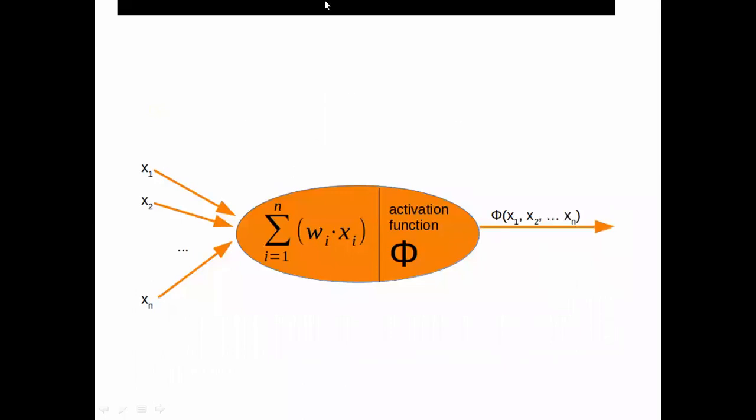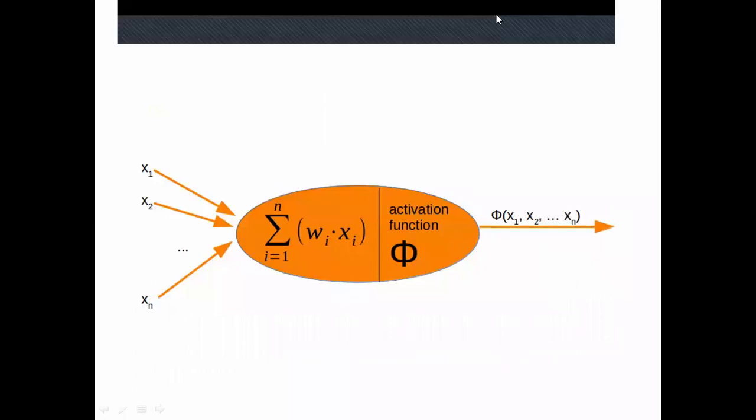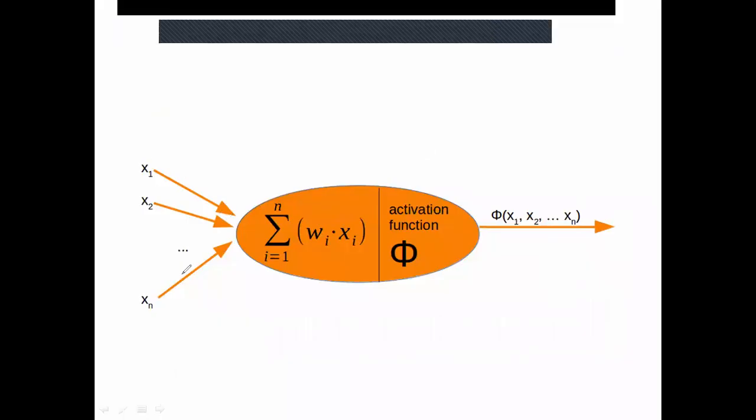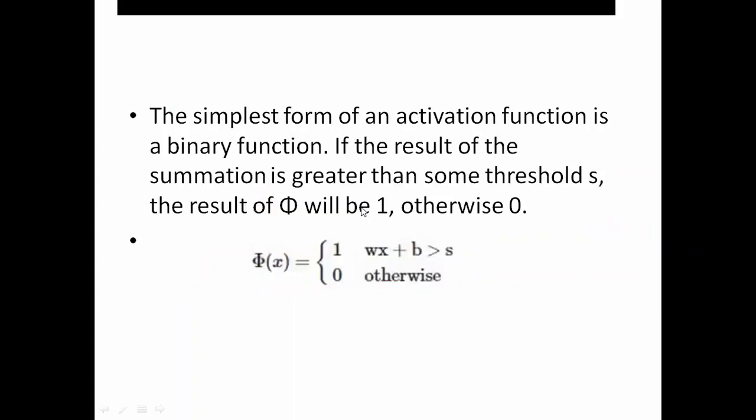Here is the same diagram, but in a simple way, if you want to make it that way. Here different inputs are coming. Here you are just calculating the summation of all the inputs multiplied by weights, and some bias is being added. Then it will go to some activation function. After applying the activation function, you are getting the output. If you want, you can skip this diagram, otherwise it is the same thing.